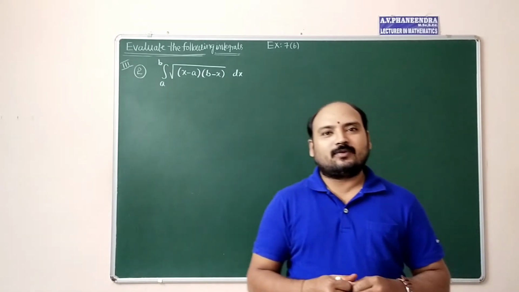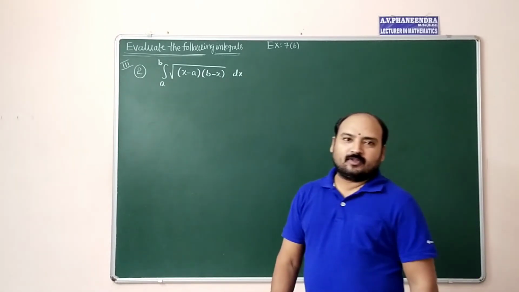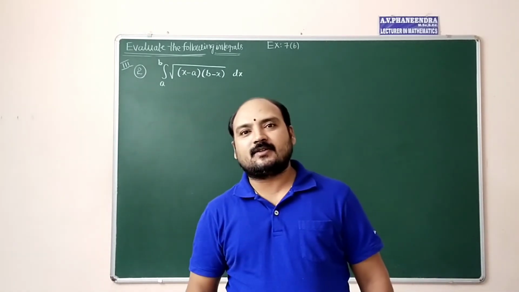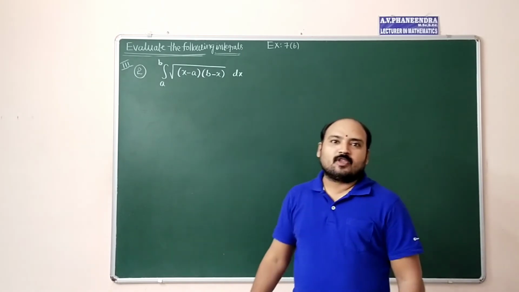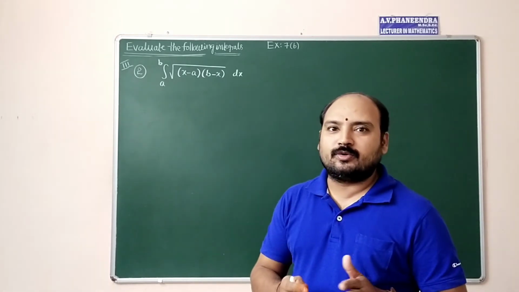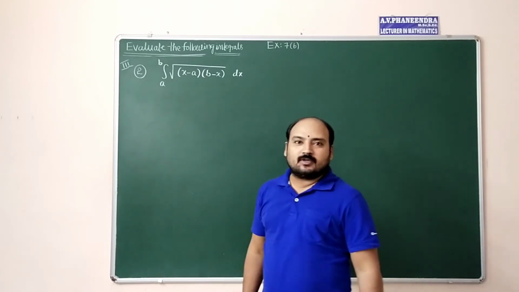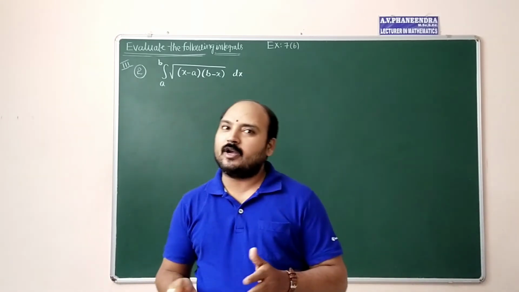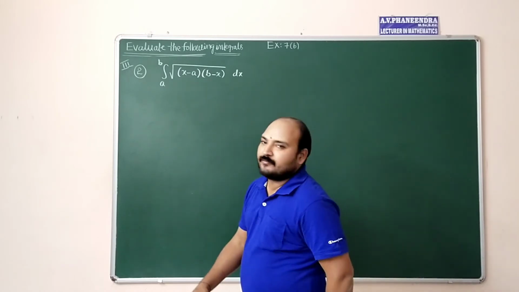In this episode, we are going to discuss method 2 for this problem. In the previous session, I discussed method 1 by substitution, but in this method, we are going to introduce a direct method, that is making a quadratic equation and perfect square and applying the direct formula. See here, step by step we will discuss.